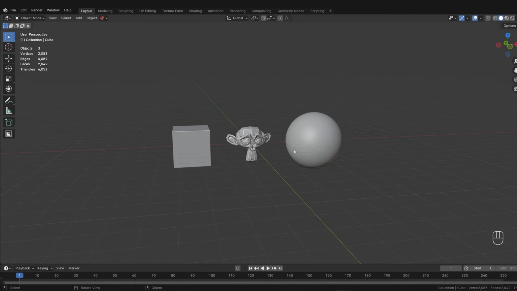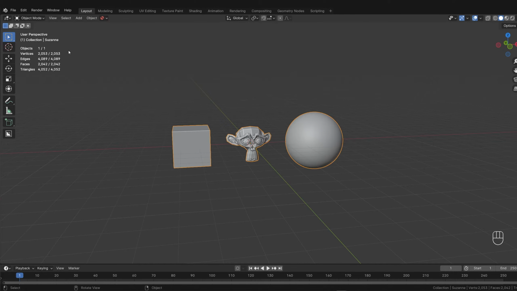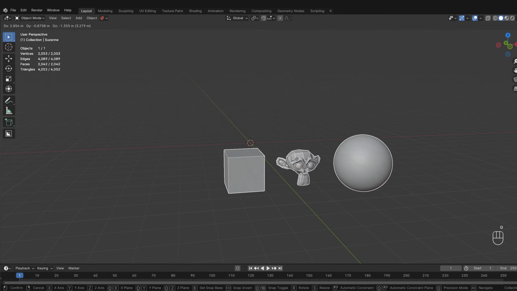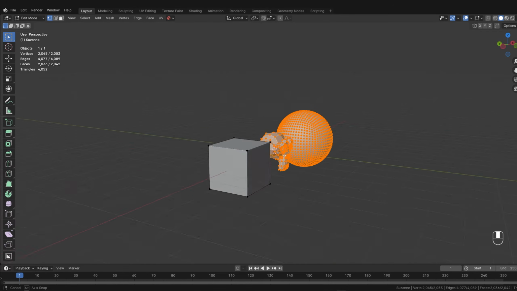If you have multiple objects in a scene that you want to merge, you can select them all, then use Shift left click to select the main object and then click here, or simply use Ctrl J to merge all the objects into one. This doesn't change the geometry, the materials, the vertices, etc. and yet we only have one object left, exactly what we want.